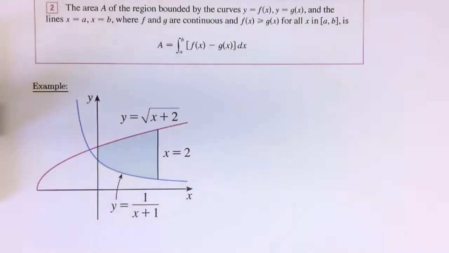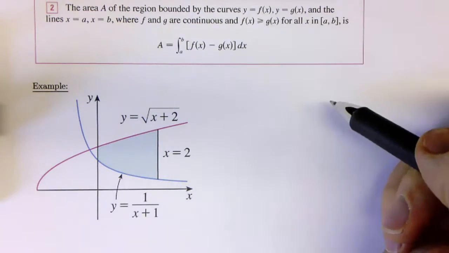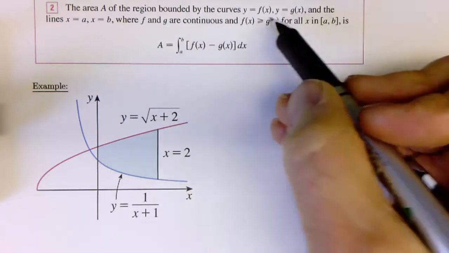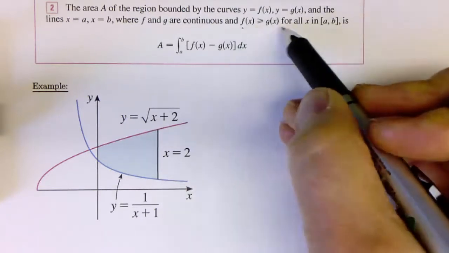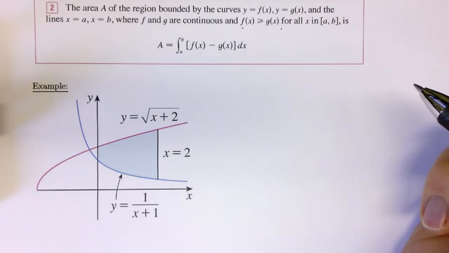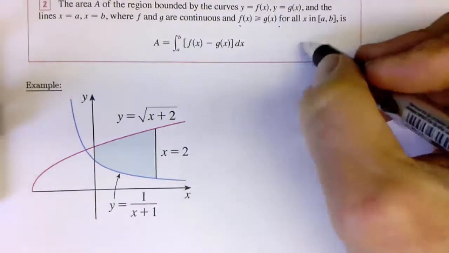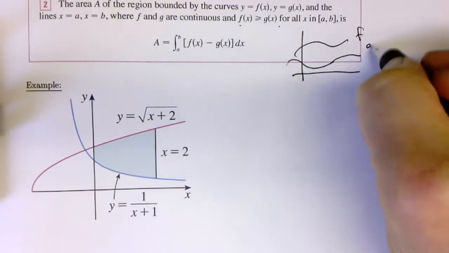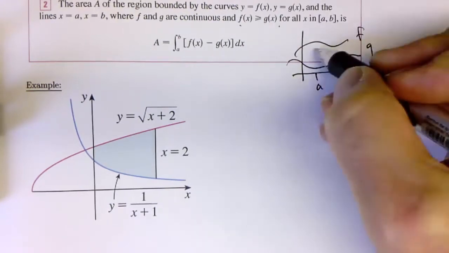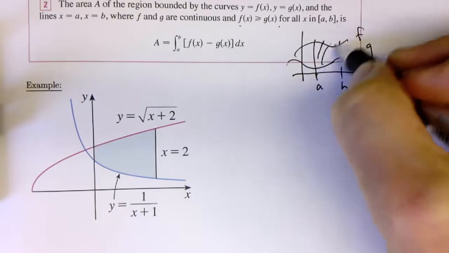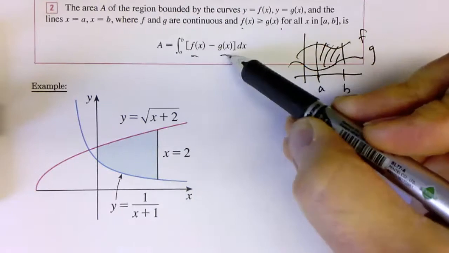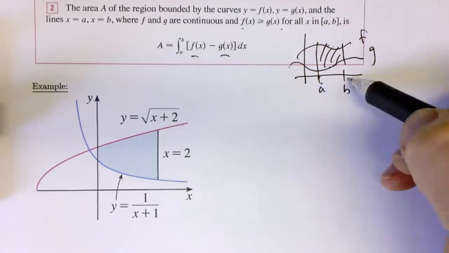All right. So this is just summarizing the definition we worked out on the last page, that if we have a top curve and a bottom curve, so f is above g, that we can find the area of this region by taking top minus bottom,